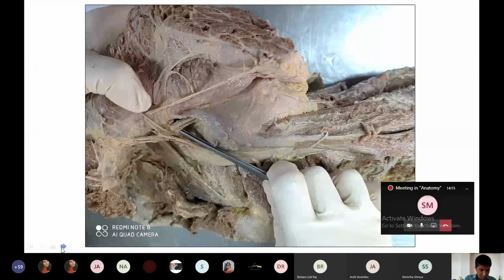And the important structure before going into the posterior side of the thigh, this structure is very, very important. Before also I have taught you, this is the PIN structure, P-I-N. Out of them, the thickest structure, which is present medially among these three structures, is the pudendal nerve. Very, very important. So learn everything about this structure, the pudendal nerve.